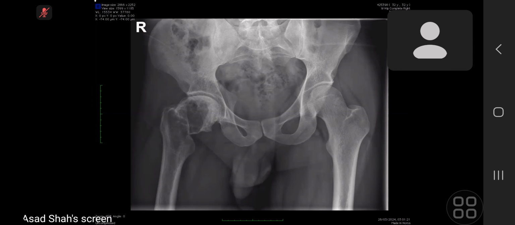There is no obvious chondroid or osseous matrix within the lesion, and there are no other such lesions anywhere else in the view provided. So I believe that this is a non-aggressive lesion, but because of this, the patient has sustained a pathological fracture on the right side, and the possible differentials for this lesion include